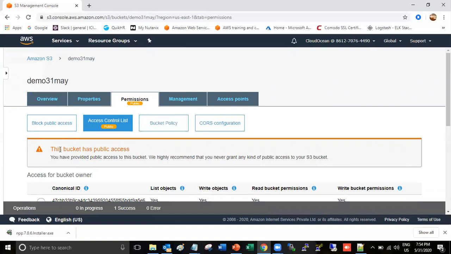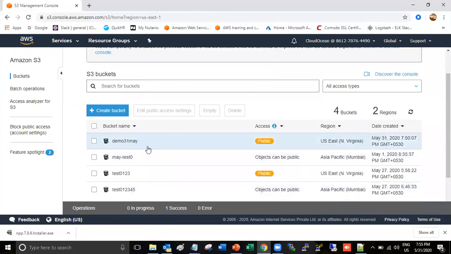See, now this bucket has public access. When I created this bucket, initially it was showing that objects cannot be public. Now once I enabled the public access, here you can see it is showing public.